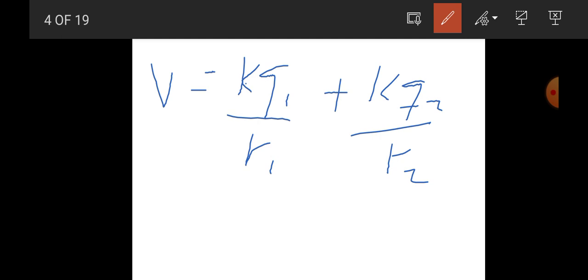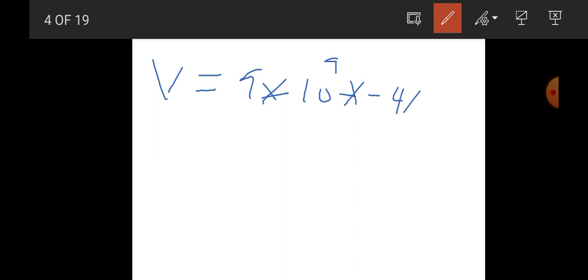So V is equal to k, 9 times 10 to the power of 9, charge 1 is -4 microcoulomb, so -4 times 10 to the power of -6 over